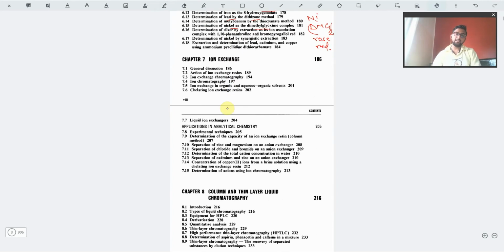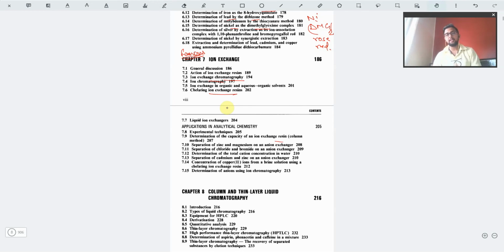Then we have this extremely famous method, that is the ion exchange system. Basically this ion exchange is normally done in a chromatographic setup, but it is also done in other methods. So firstly we will be studying ion exchange chromatography, or the chelating ion resins, etc. Then we have the experimental techniques using just the resin and not any chromatographic column as such,